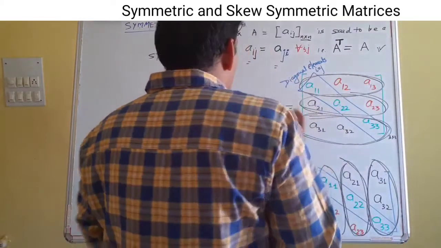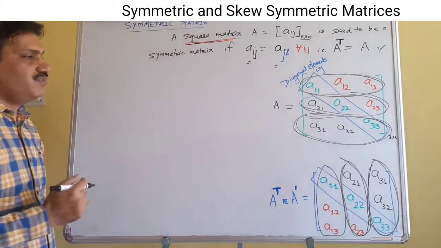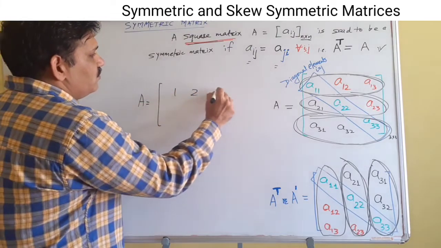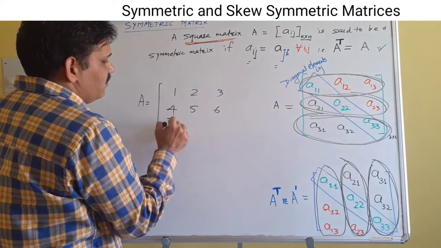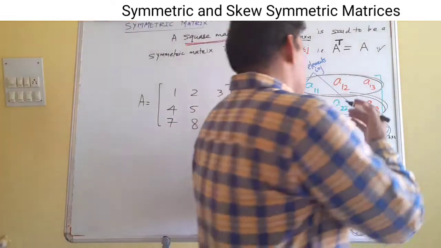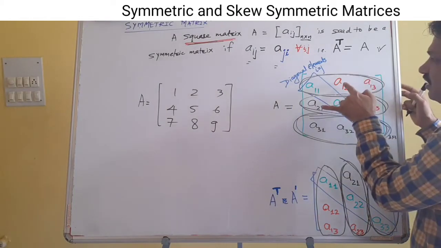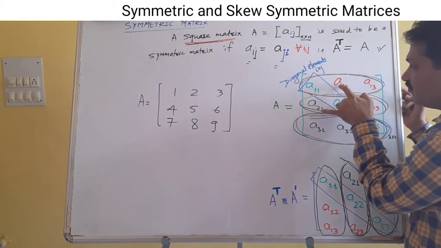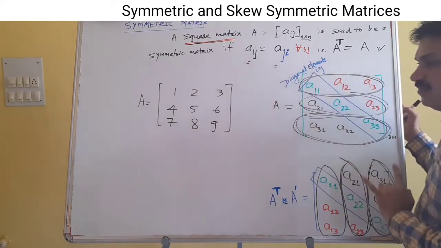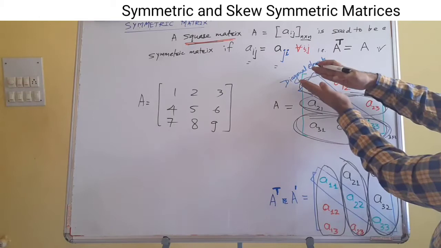Now let's talk about skew-symmetric matrix. Before talking about skew-symmetric matrix, let's have an example. A is equal to 1, 2, 3, 4, 5, 6, 7, 8, 9. What is symmetricity? The matrix must be symmetric about its leading diagonal. That is, whatever element is here, that must be here. A12 and A21 must be the same, so that when you get the transpose, you get the same element. So for being symmetric, we need the matrix to be symmetric about its leading diagonal.